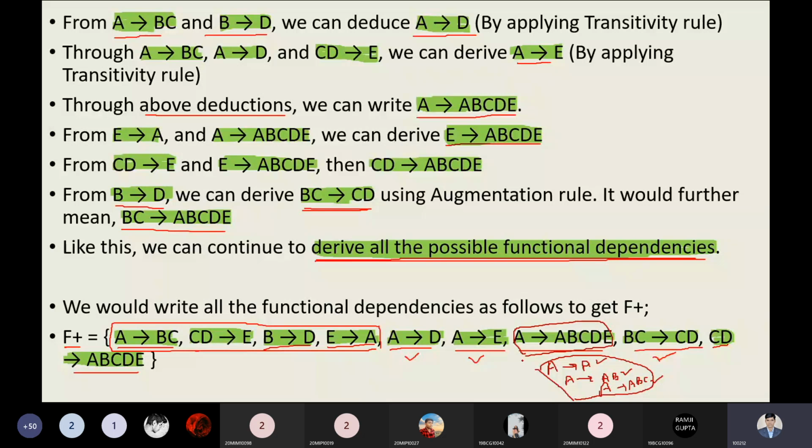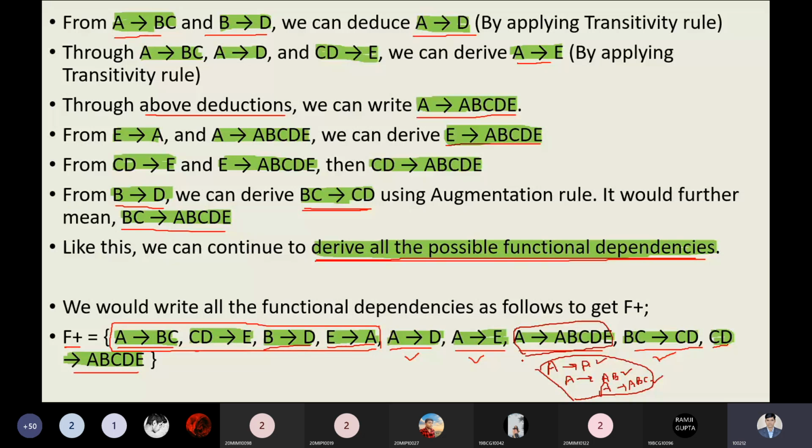After applying any one of the rules on multiple functional dependencies, you can, and you have to, write it. Not you can, you have to write. It's compulsory. What is the rule you are applying to get the new or computed functional dependencies? Justification should be proper. That was my point. It can vary, but the variation should not be more than two or three. If there is more, you are going in the right direction, but unnecessarily writing meaningless things, so there will be no sense.